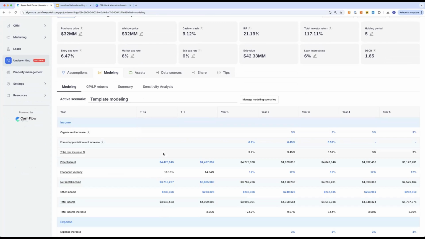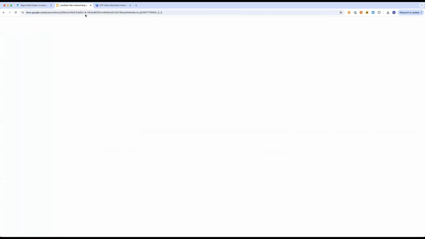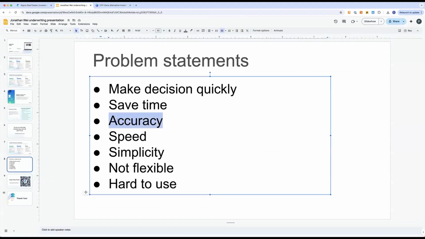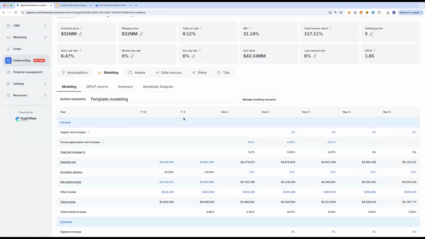I got really into this whole waterfall and sensitivity analysis and underwriting in the last couple of years. And that's what I realized going back to the problem statement: most of the time we thought it was a convenience thing, but the more I got into it, the more we feel like the differentiator is actually accuracy. Accuracy cannot go wrong because we have constraints to make sure you don't overwrite any formulas. That's good. That's why I like it.